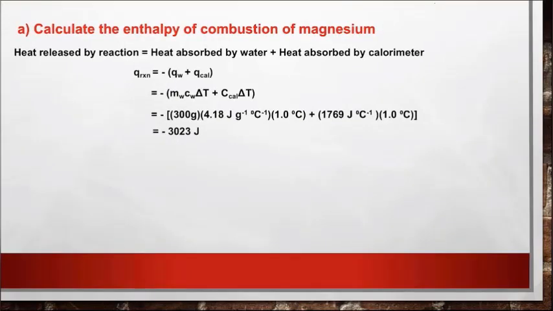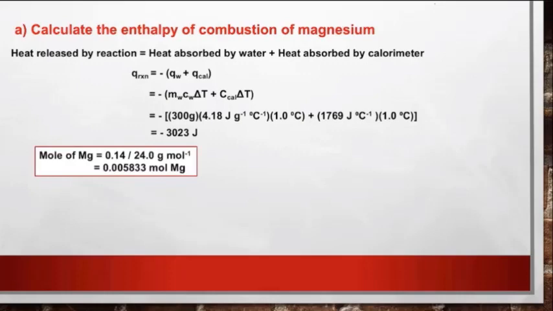However, we haven't answered the question yet. The question asks you to find the enthalpy of combustion of magnesium. That means we need to calculate the value of heat for combustion of 1 mole of magnesium. How can we do that? First, you have to calculate the number of moles of magnesium using the formula mass over molar mass, and you should get